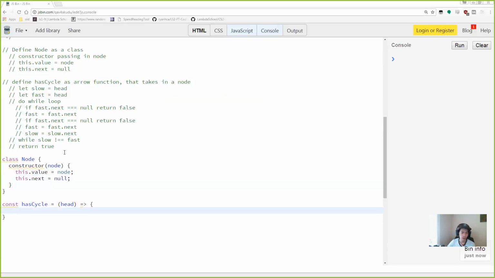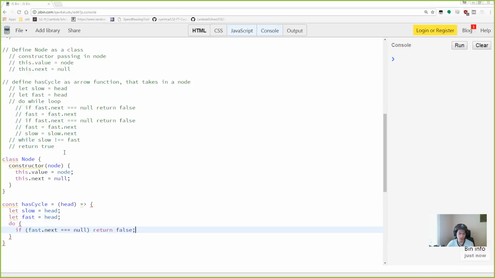And then in here, we're going to let slow equals head, let fast equals head, and then do if fast.next equals null, return false,